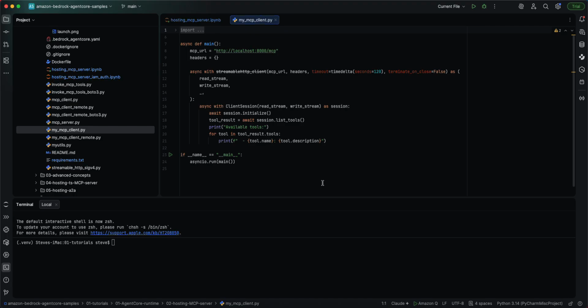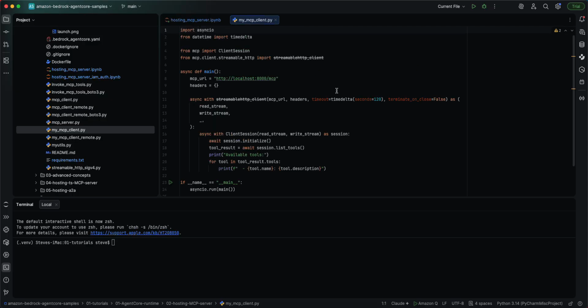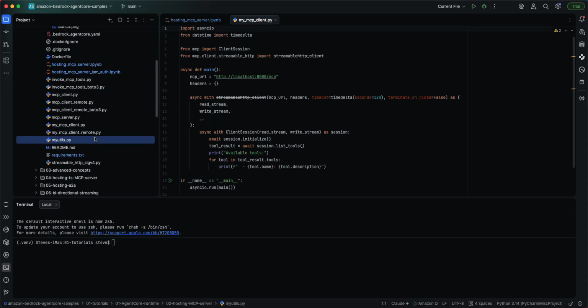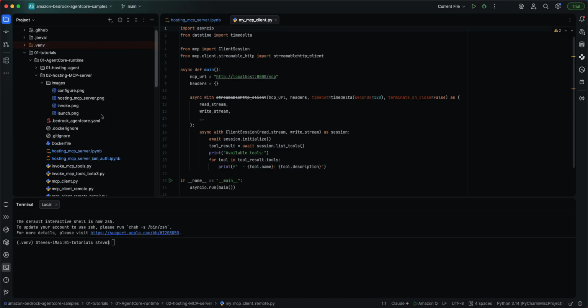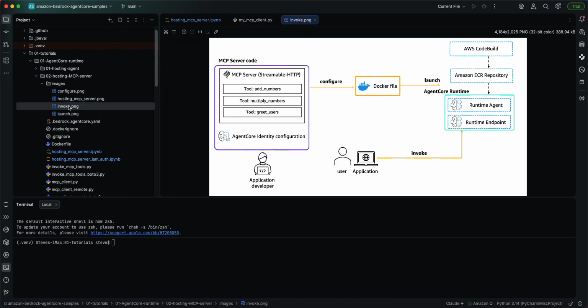Yeah, this is just listing tools. So going back to the invoke,